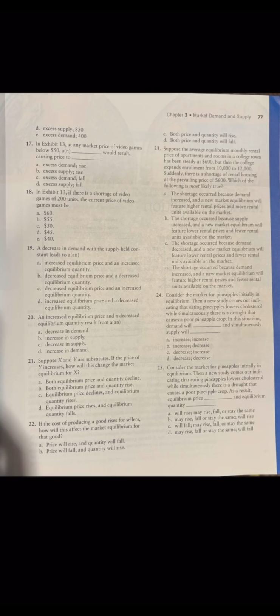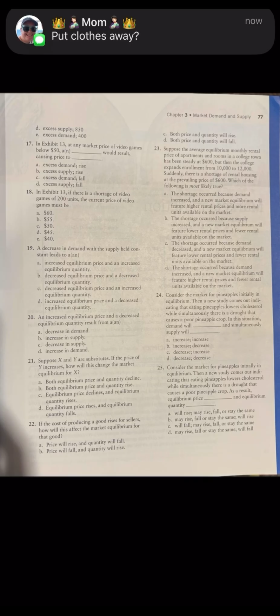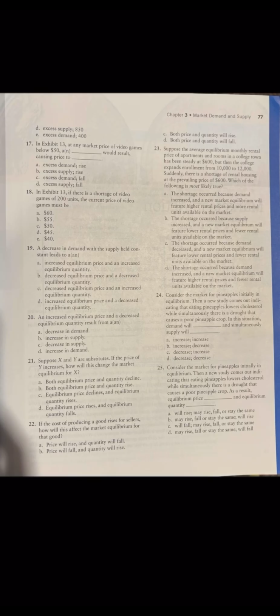40. 19. A decrease in demand with the supply held constant leads to an A. Increased equilibrium price and increased equilibrium quantity. B. Decreased equilibrium price and decreased equilibrium quantity. C. Decreased equilibrium price and increased equilibrium quantity. Or D. Increased equilibrium price and decreased equilibrium quantity. 20. An increased equilibrium price and decreased equilibrium quantity result from an A. Decrease in demand, B. Increase in supply,